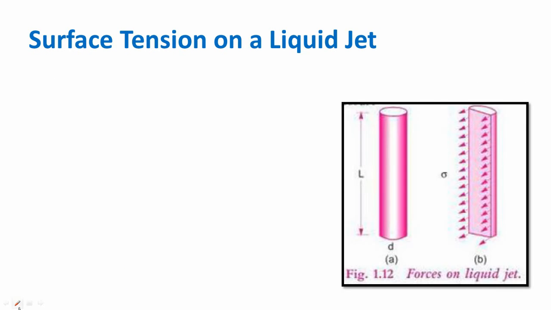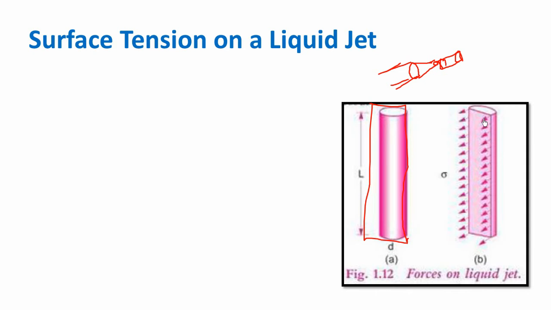You can see this is the liquid droplet. When the liquid is ejecting from a nozzle, suppose this is a pipe diameter. When you connect a nozzle at the end of the circular pipe, you can see the droplet which is coming out like a cylindrical one. So when you place a nozzle at the end of the pipe, the droplet comes out as a cylindrical droplet. Here I am taking a section like this. I am cutting this droplet with a plane, and then I obtain this.